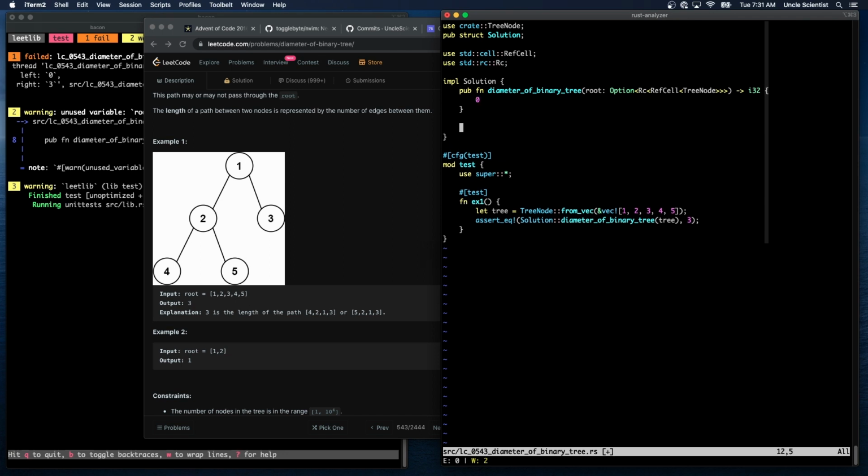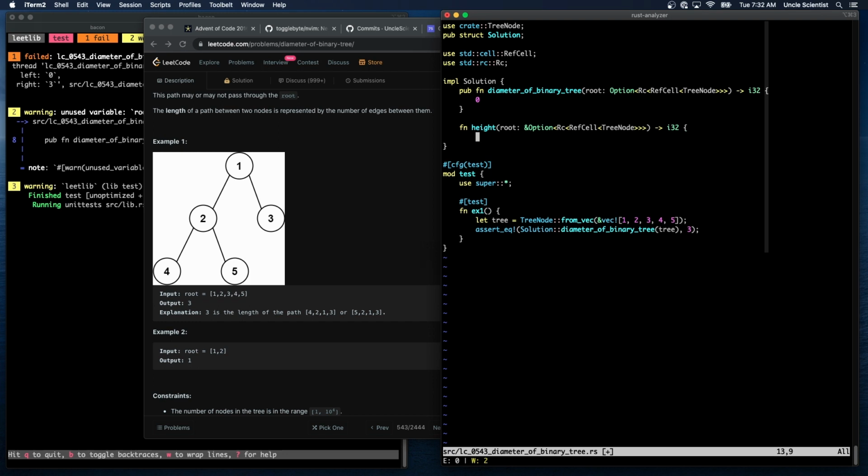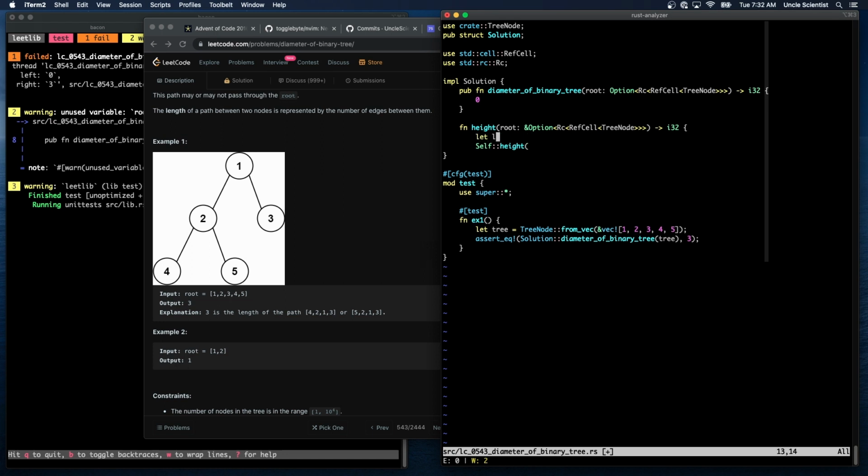So let's create a little function just called height, which takes in a root of an option rc ref cell tree node, and just returns the height of the tree starting from that root, which should be straightforward because it's just self height of the left maxed with the self height of the right. Right, we can say let left equals root. I'll call it root. Borrow